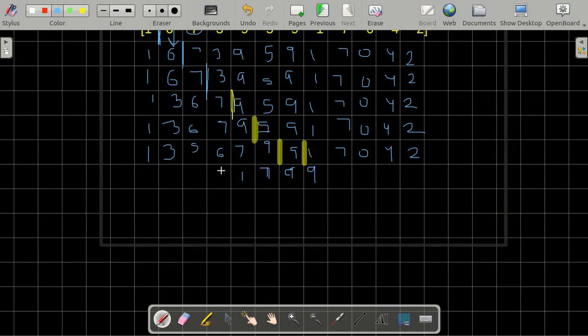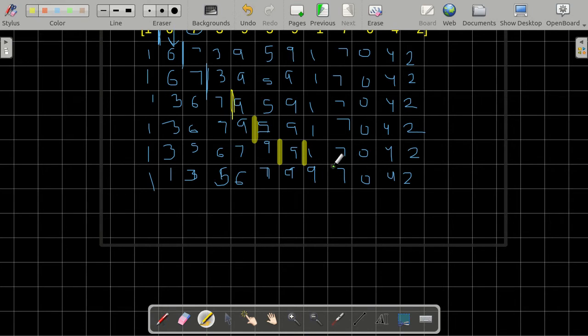6 is greater than 1. Therefore 1 and 6. Then 5 is greater than 1. So over here we'll have 1 and over here we'll have 5. 3 is greater than 1. So 1 and 3. So at the end over here we'll have an array like this. We stopped here because 1 is not greater than 1.